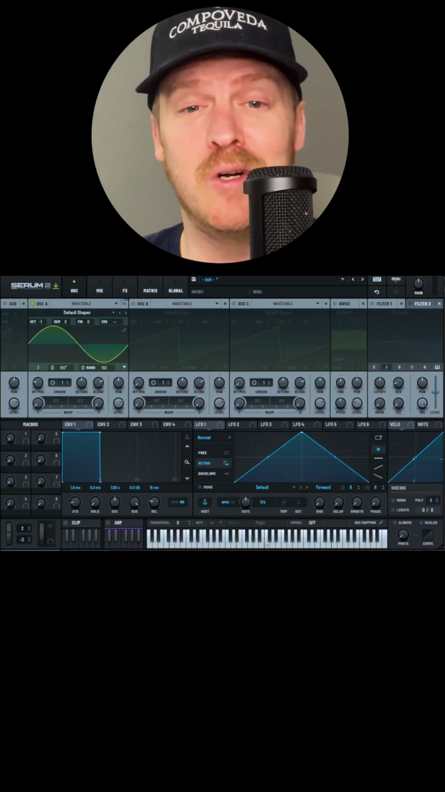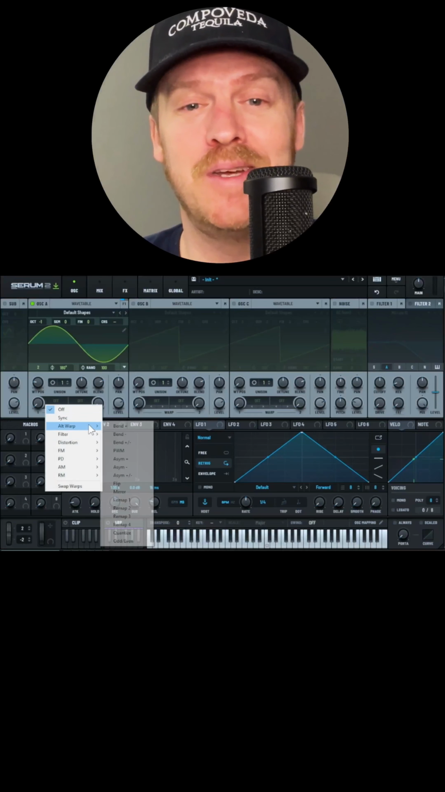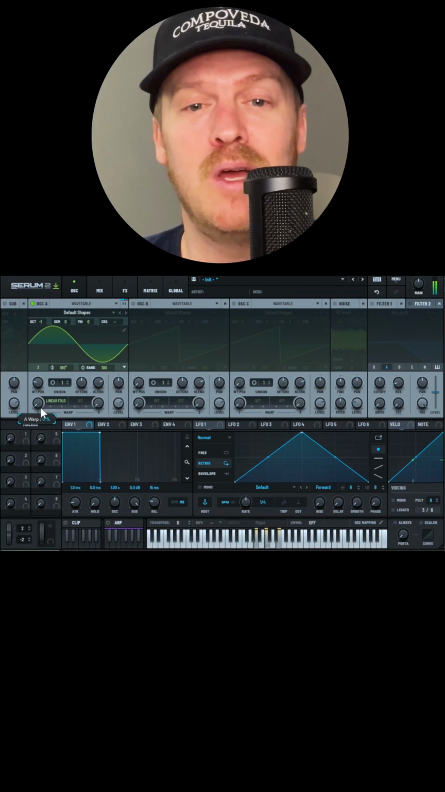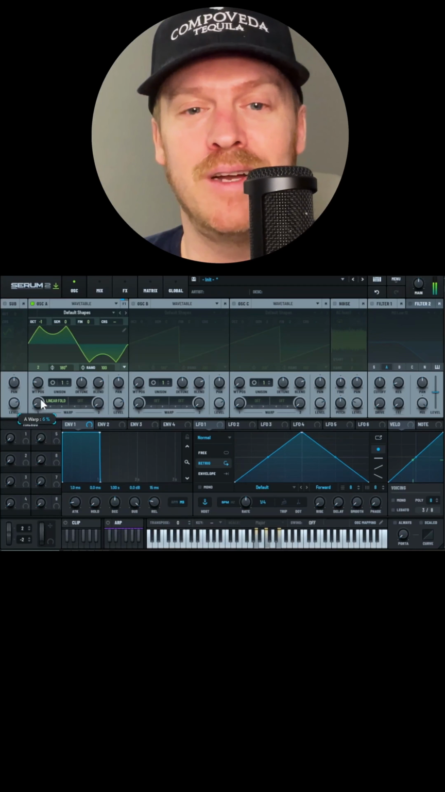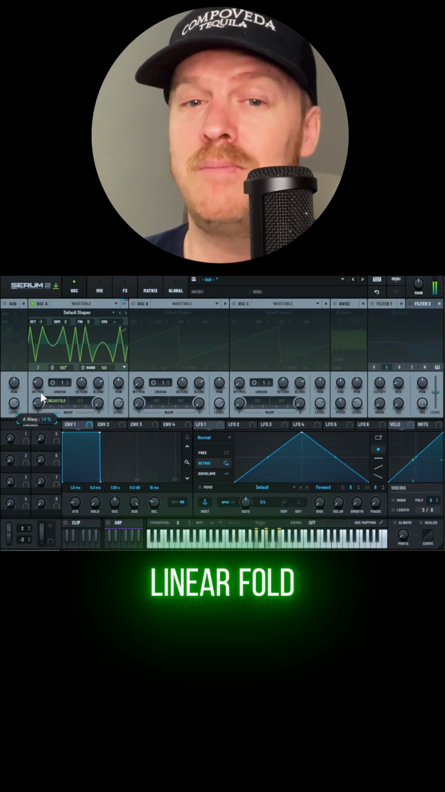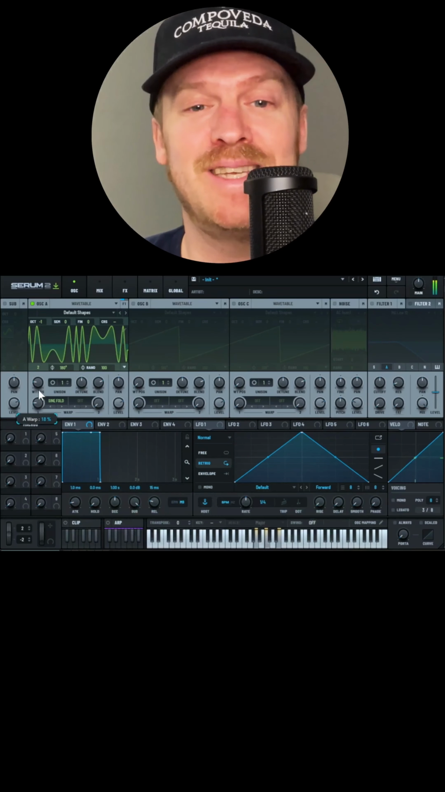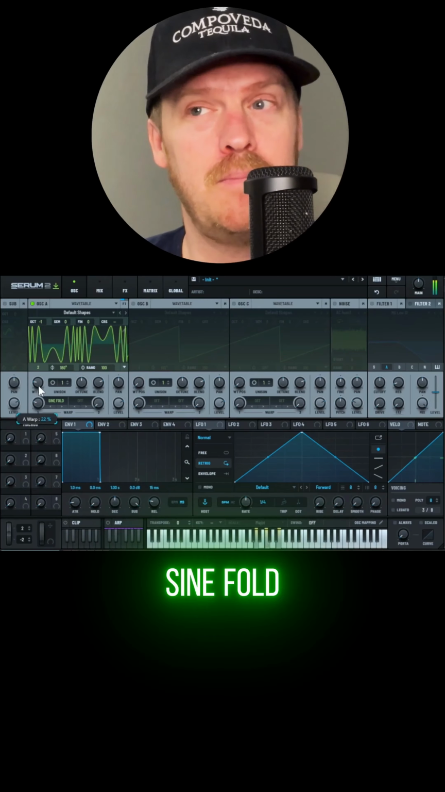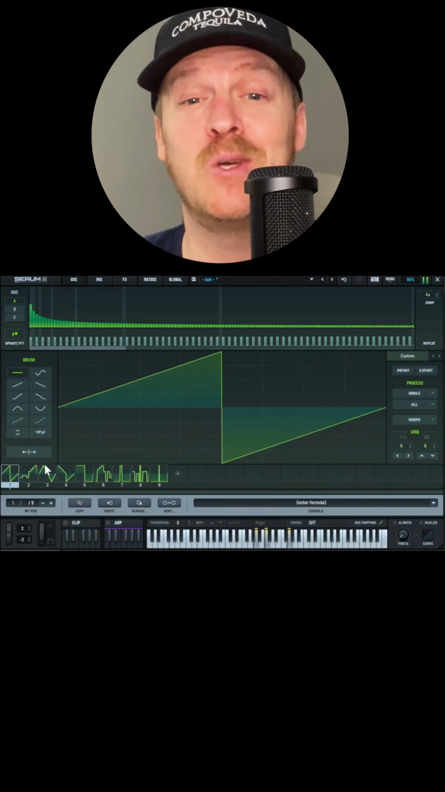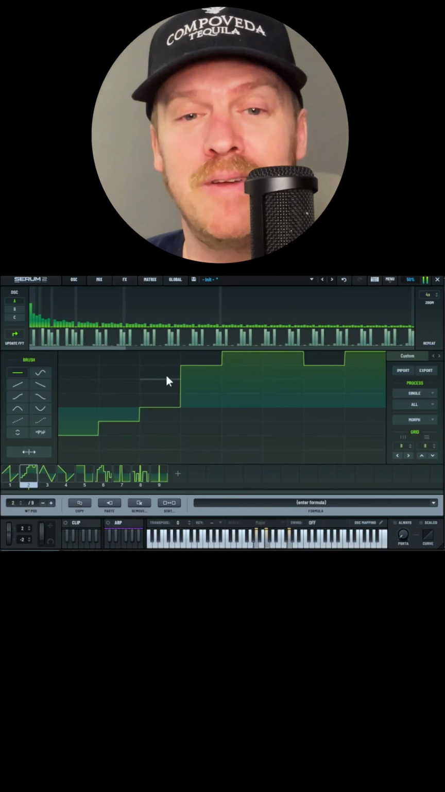Part 2 of distortion warps. We have the distortions that fold. So as you turn up the knob, the wave gets folded back in on itself over and over again. We have linear fold, and we have sine fold. Super squelchy. There's also wave shaping, where you can draw your own wave. That's just if you want to